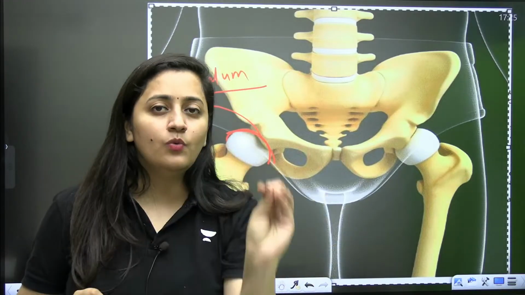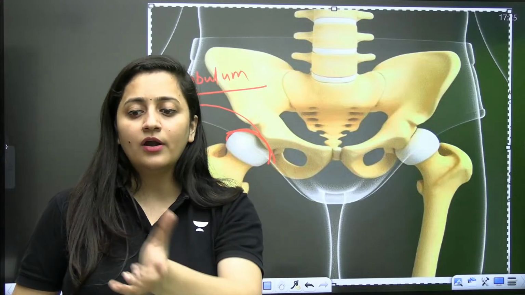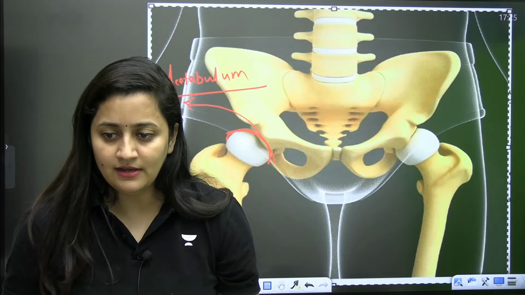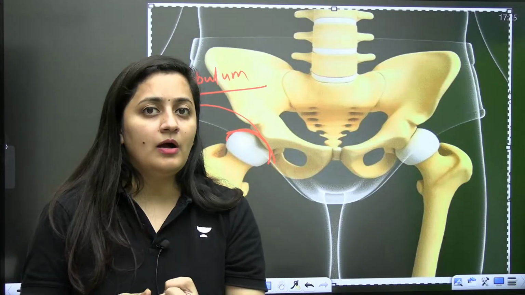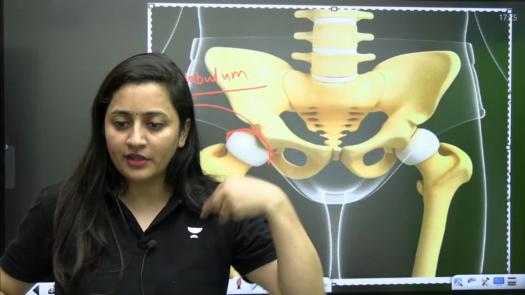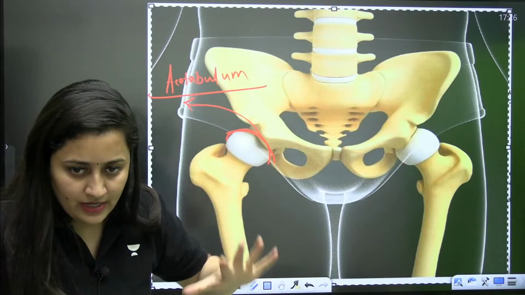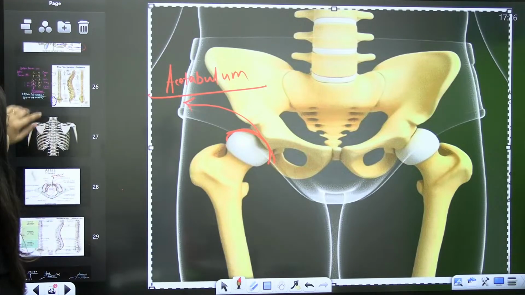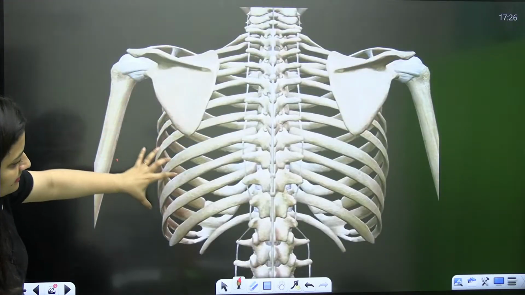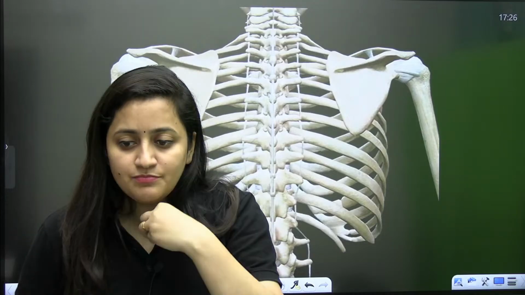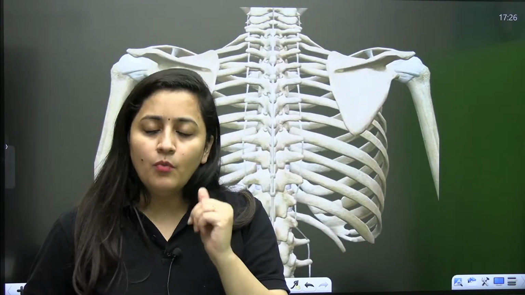Now we are left with one topic, that is joints, that I will record and post. Because you know about the bones, you can read the joints on your own. Then I'll post the video, and you can use that video for revision also. So this is all about the topic skeletal system, and we have completed it. These are the beautiful diagrams. Focus on each and every detail. This lecture is more than sufficient for you if you want to master the skeletal system.